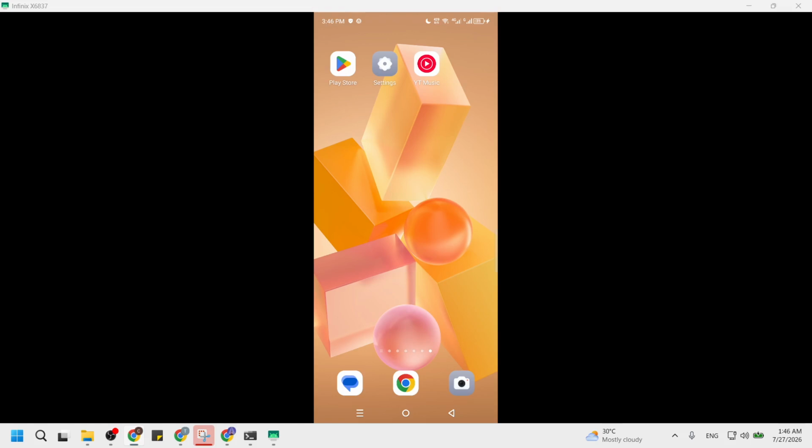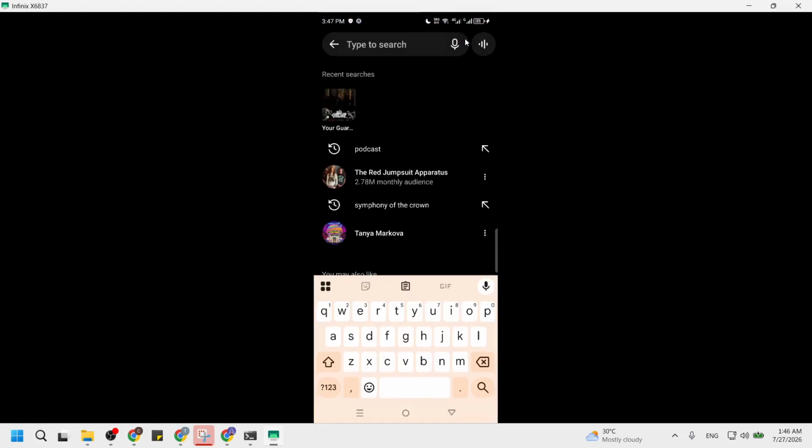Next, tap or click the magnifying glass search icon at the top right corner of the screen. On mobile, it is usually in the top bar, near your profile picture. On desktop, it sits in the upper right of the header. Once you select it, the screen changes to a search page, and a text box appears near the top, with your keyboard ready for typing or dictation.